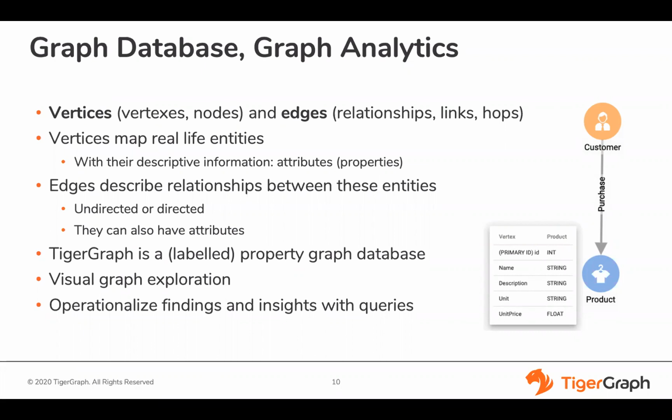Vertices are somewhat similar to database tables or data frames in programming languages and data processing frameworks, in that a vertex, just like a row in a database table or a data frame, contains information about real-life entities like people, companies, products, or even more abstract concepts. But instead of columns, vertices have attributes or properties that could be of simple or complex data types. While a table or a data frame is a main unit of storage in other systems, in TigerGraph, the vertex instances are standalone storage units.